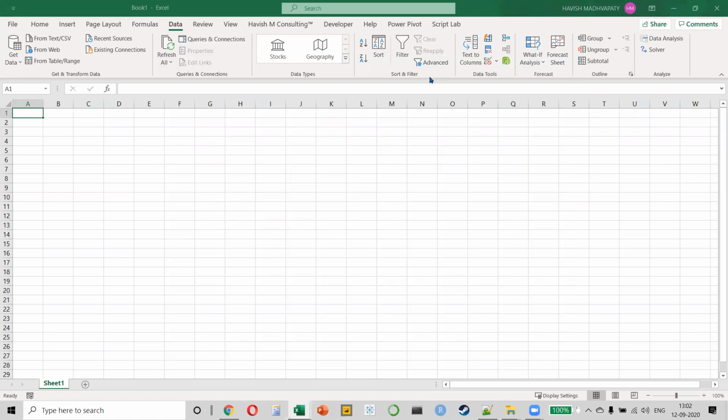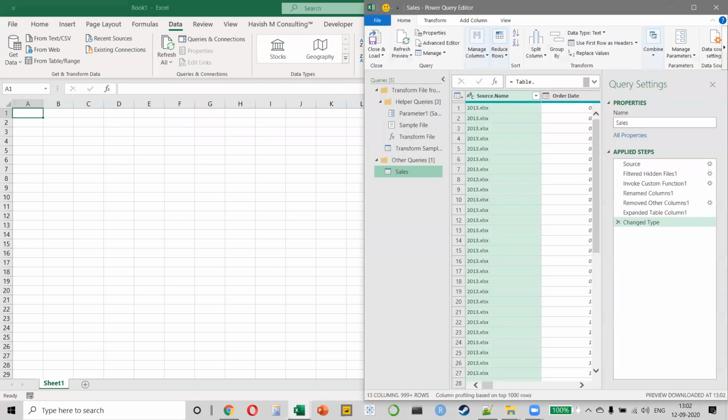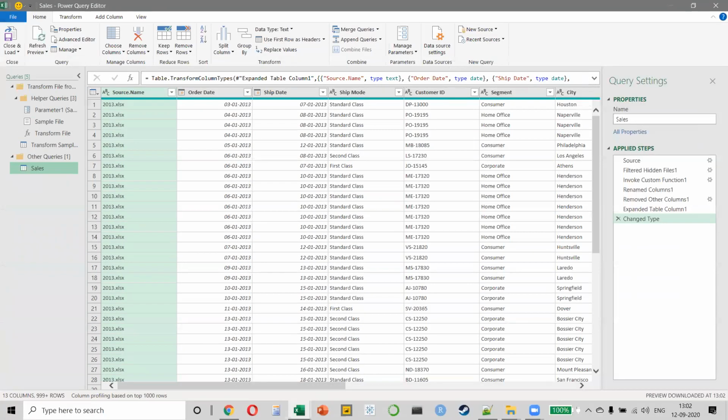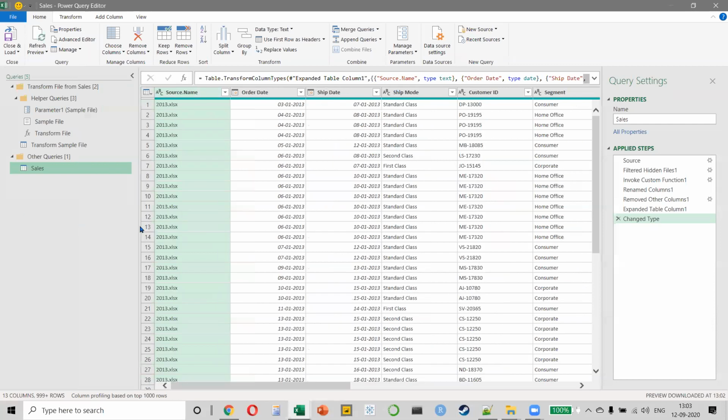Please remember, the Power Query Editor on Excel is exactly the same that you have on Power BI as well. There is not even 1% difference. A lot of people feel that, oh, Excel would have limited options and some things will only be available on Power BI. That is not true at all. Everything available on Power BI is available on Excel. In fact, interestingly, Power Query was not introduced on Power BI. Power Query first came on Excel and then it came to Power BI, right?